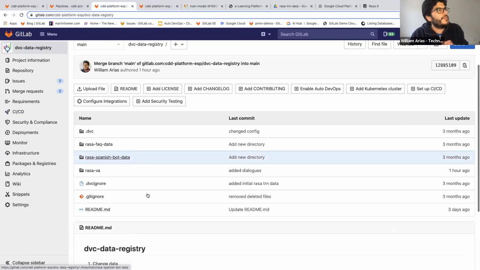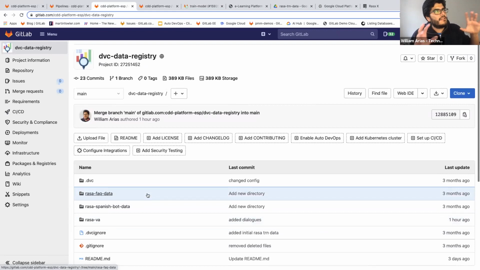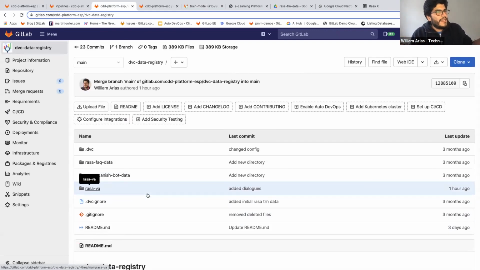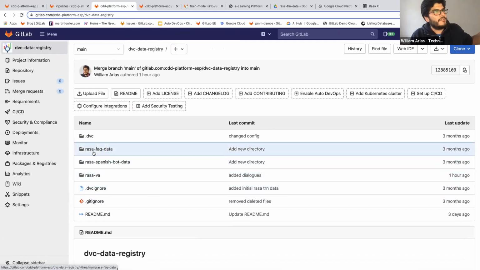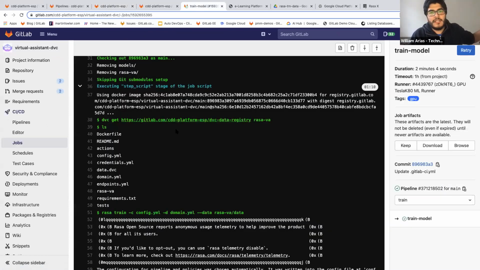And I hope you can appreciate the importance of having this central hub of data registry, because you can have many instances of Rasa that will pull the training data from different folders. I can have training data in Spanish. I can have this one for this demo. I can have different use cases of the bot. The only thing I need to know is that whenever I'm going to train a model, I need to give that Rasa train command the specific address of the data registry, or from where we want to grab the training data. So in this case, I am doing dvc get to this repository,